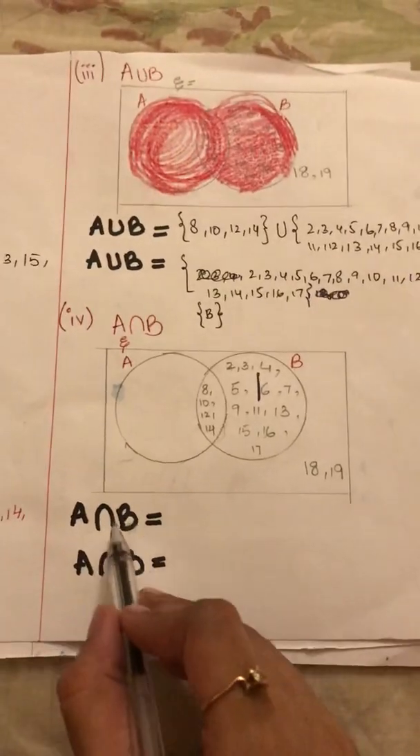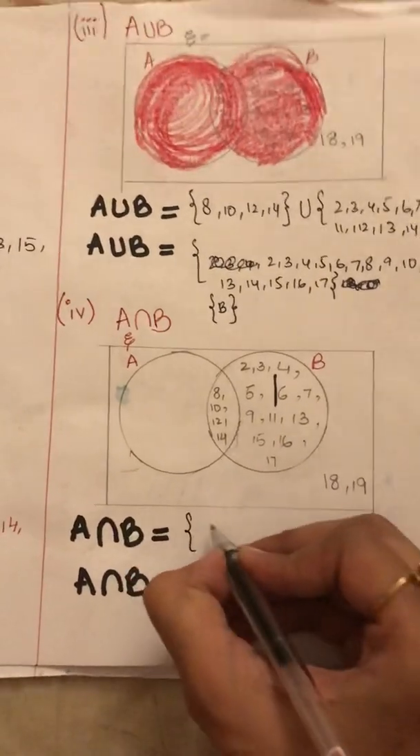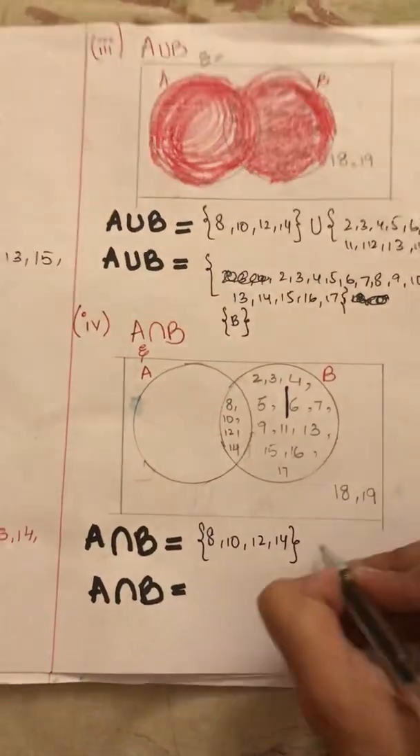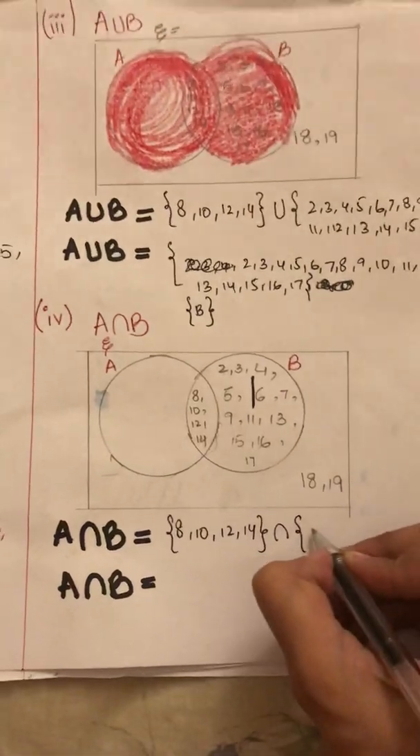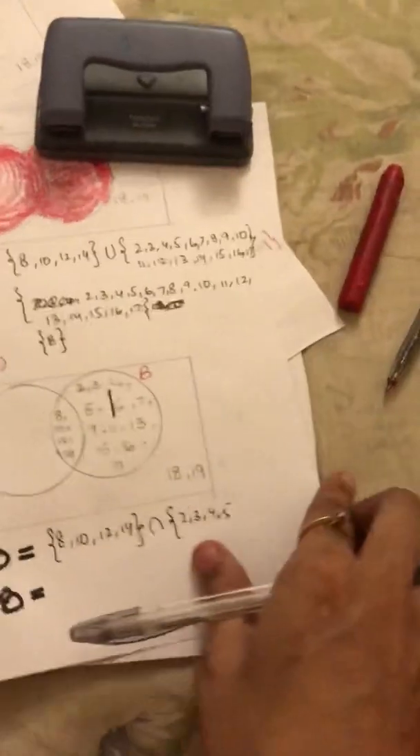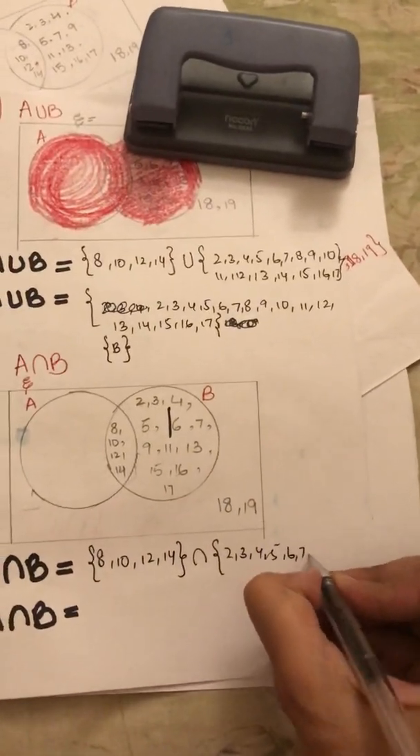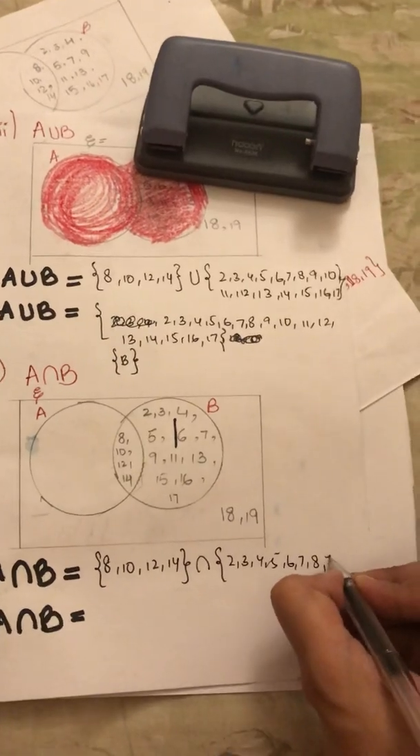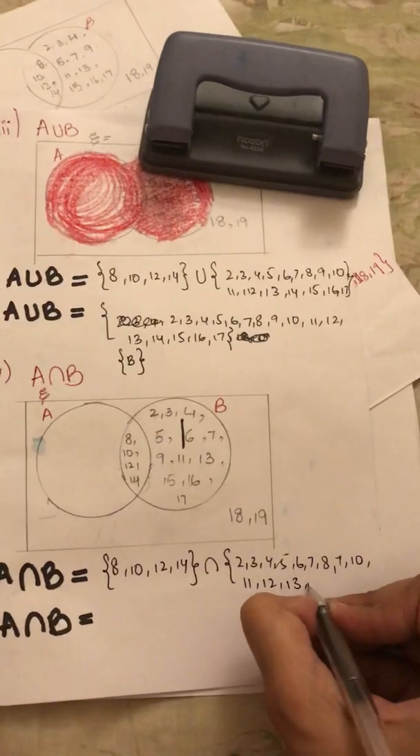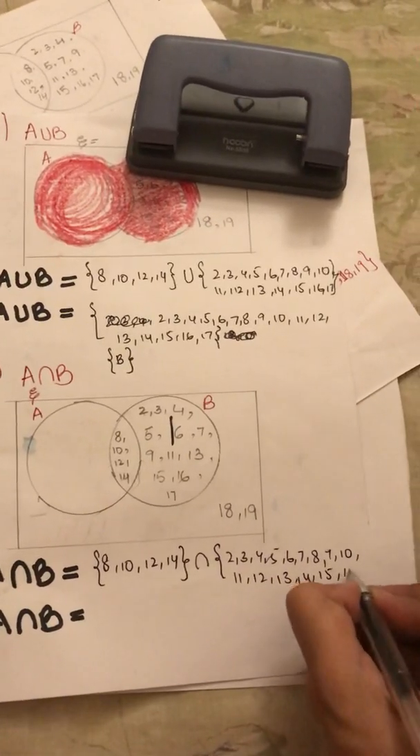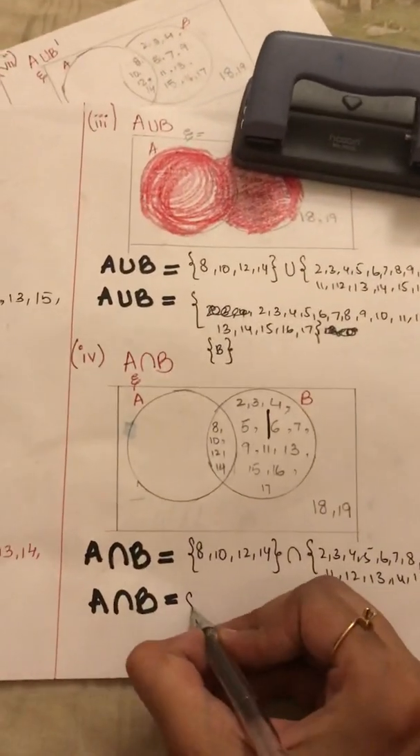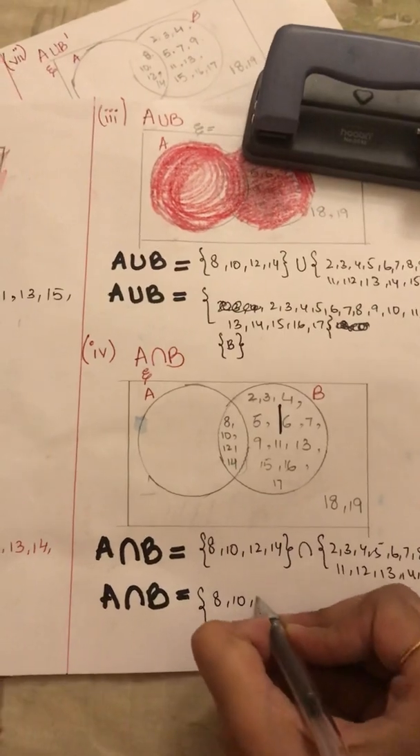Now A intersection B, right? So first write down the elements of A. Let's do it first mathematically. A intersection B: 2, 3, 4, 5, 6, 7, 8, 9, 10. Again and again we are going to write that. 6, 7, 8, 9, 10, 11, 12, 13, 14, 15, 16 and 17. Now what are the common elements? The common elements are 8, 10, 12